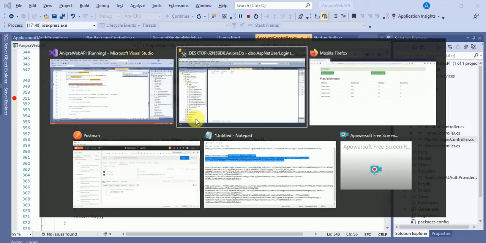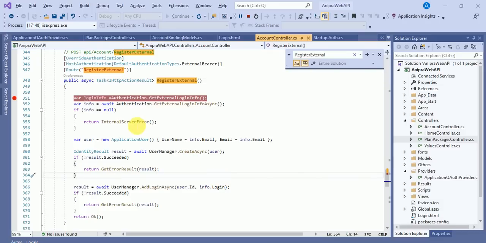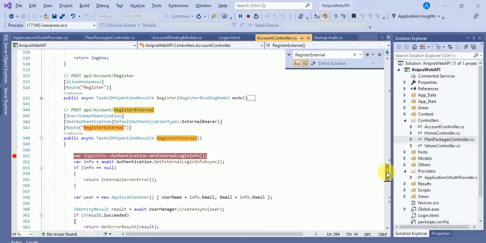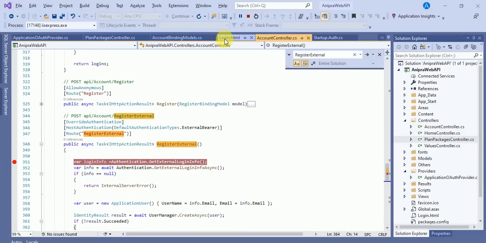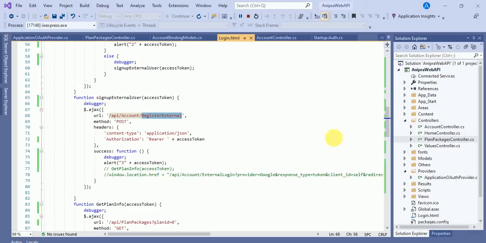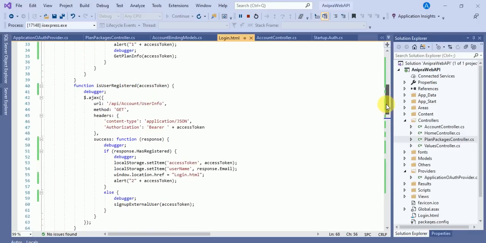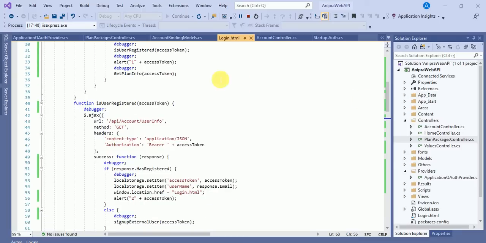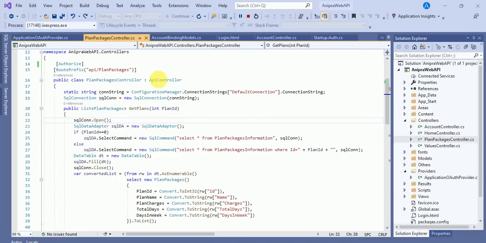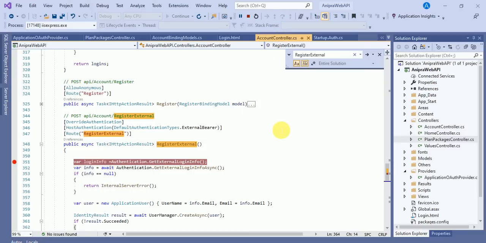Okay, and after that, once the user is registered, it will again generate a token, and using that token we will get the data from our web API. So if you want to put a debugger over here also, then we can see how the data is coming.